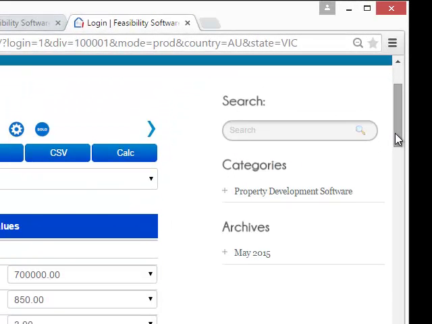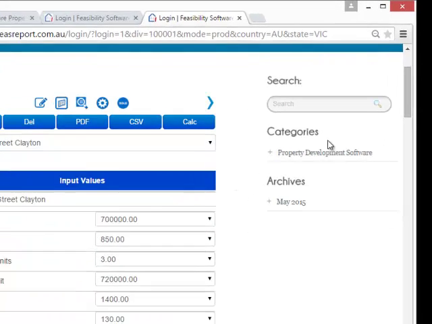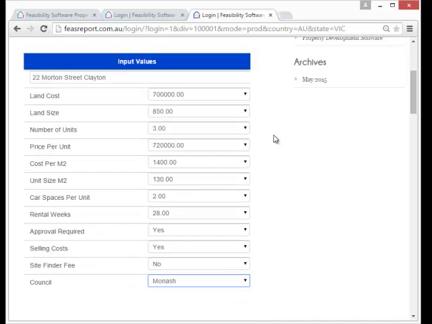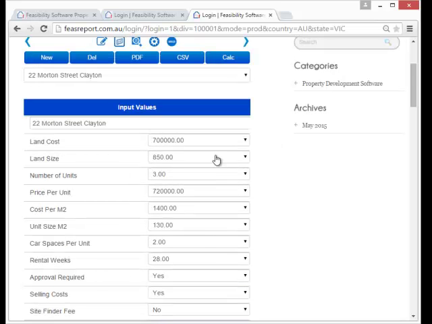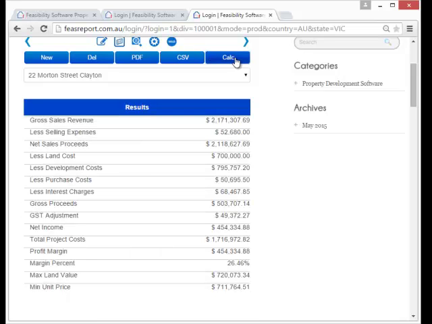Now in this video I just want to continue on from where we left off from our last video. Now we've entered all the information, the inputs. All I have to do now to get my first feasibility analysis report is to press the calculate button. As soon as I press the calculate button, the screen gives me the summary